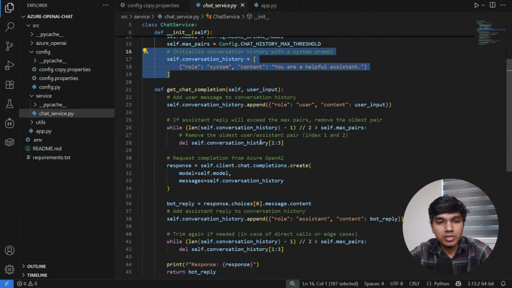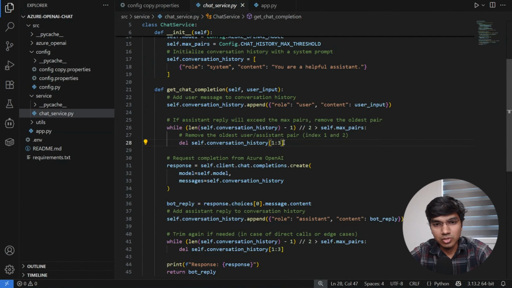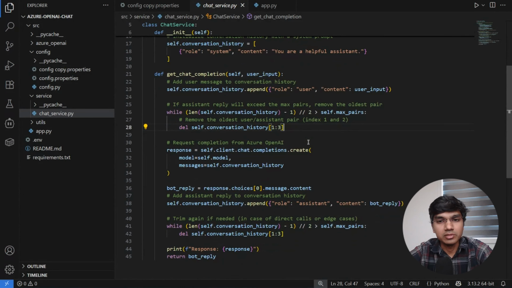That is the reason why we are deleting from 1 to 3. So it leaves index 0, and then it deletes 1 and 2. So only those things are being deleted. So if you see here, what is happening is, actually